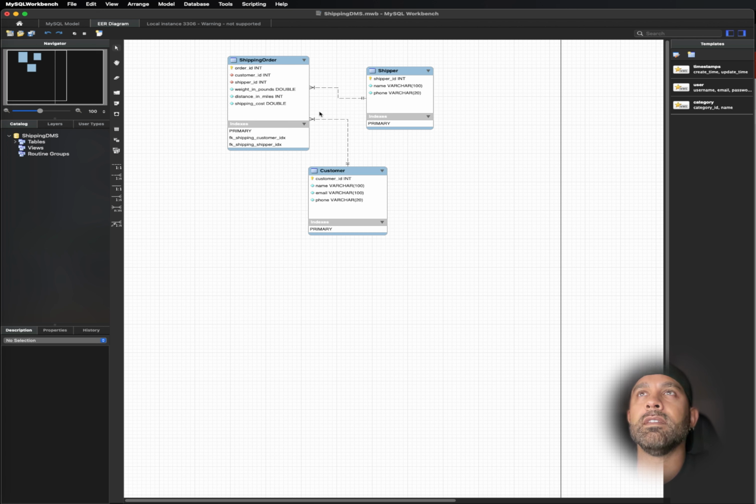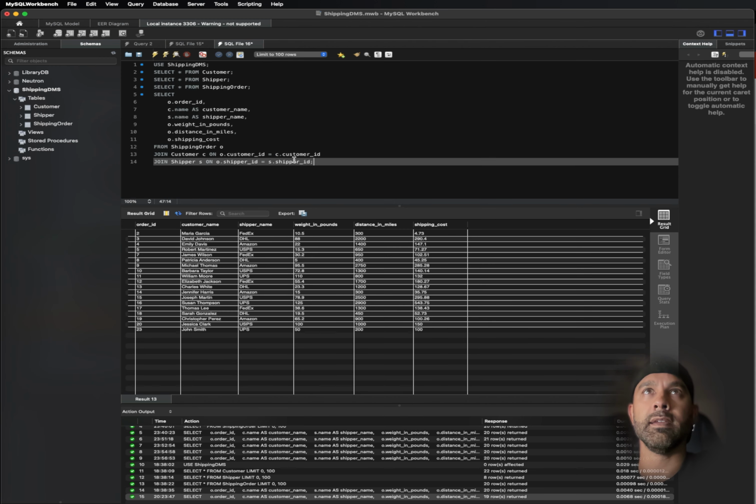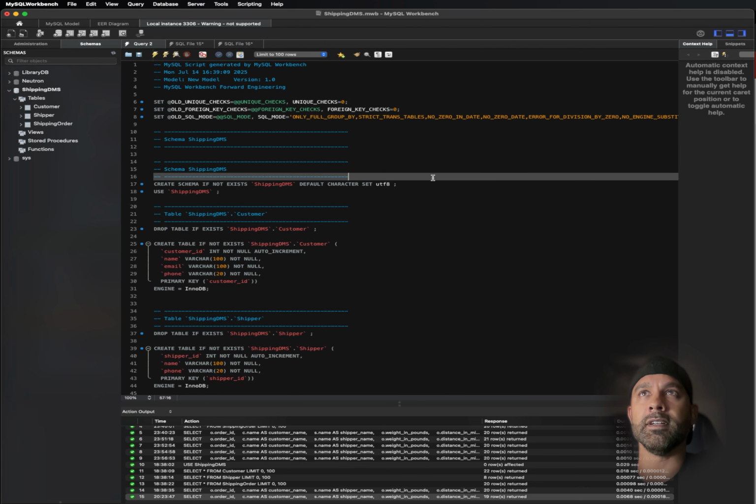So after I created this, then I went to my database, and I forward engineered the script from the ER diagram, copied it and pasted it here, then ran it and created the shipping DMS right here, as you can tell, with the three tables from the ER diagram. After that,